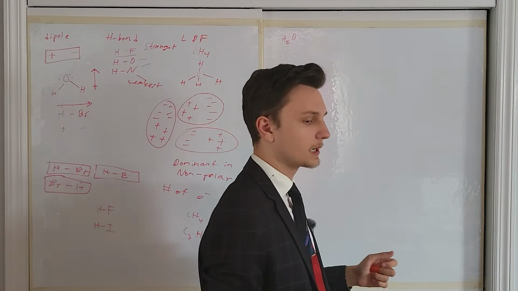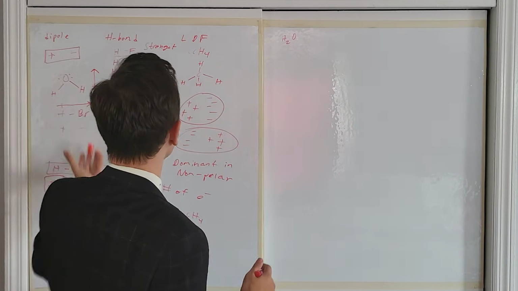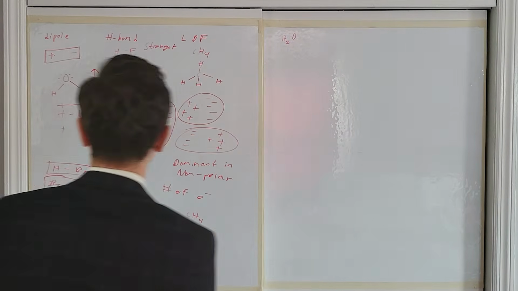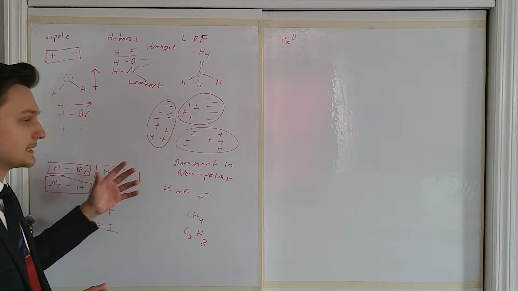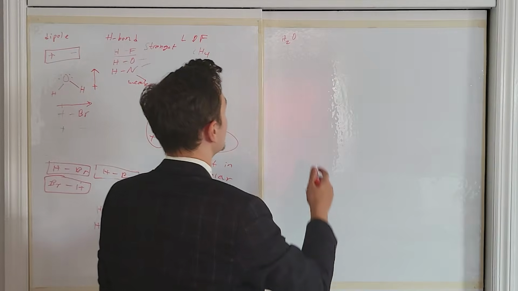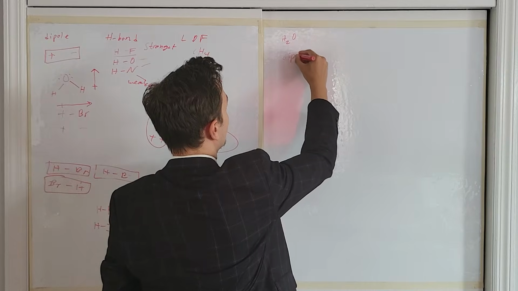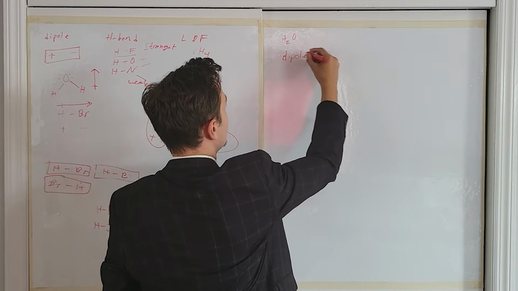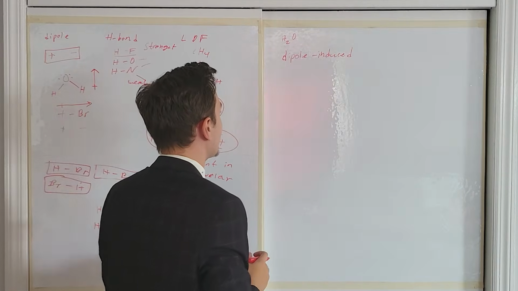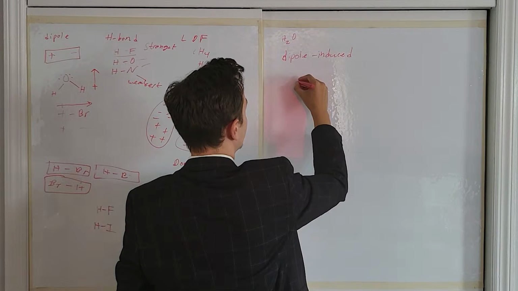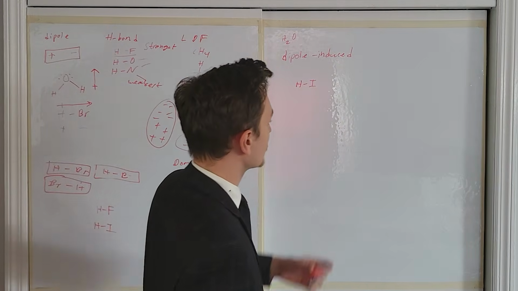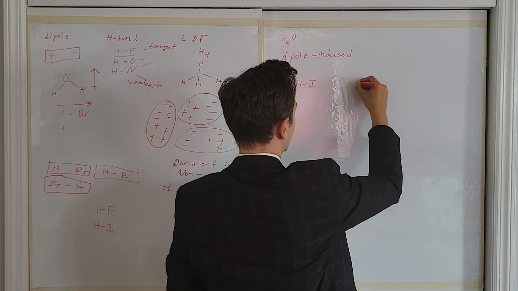So now let's talk about the different types of dipole-dipole interactions, because there are several. So I already talked to you about a dipole communing with another dipole, but we can have something called dipole-induced dipole. And the way this works is if I have a polar molecule, let's say hydroiodic acid, and I have a nonpolar molecule like methane,